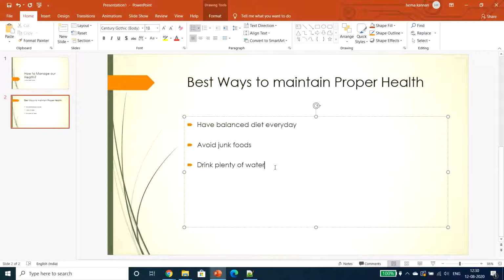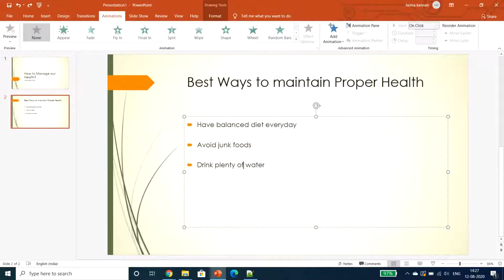Now I don't want to show all the 3 contents at a time. I want to make it so readable that I go one by one as a point. So what can I do? I can choose the Animations tab from the menu bar, and I can choose any of the animations given here.